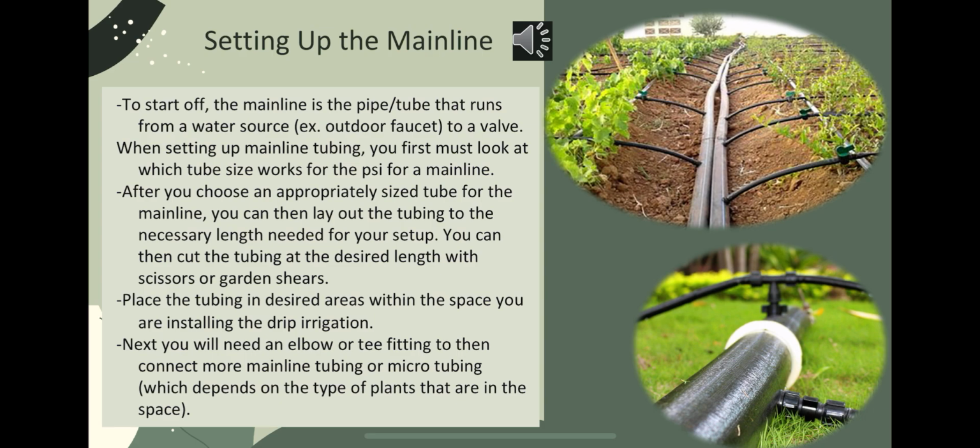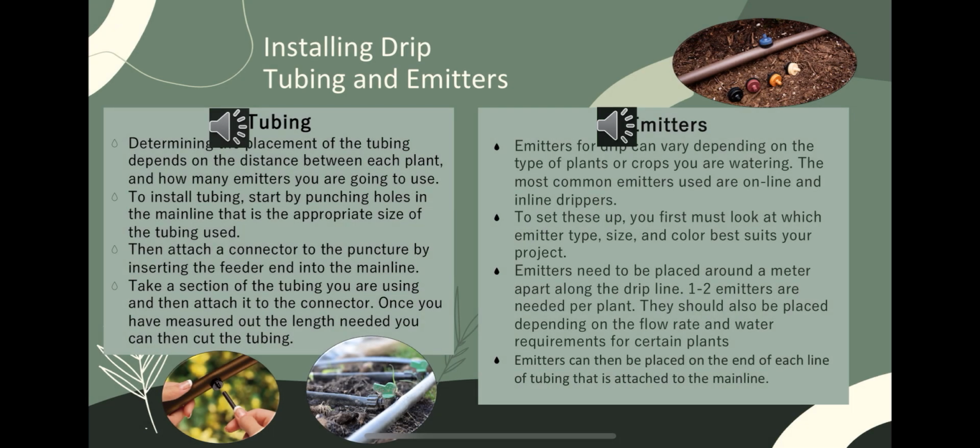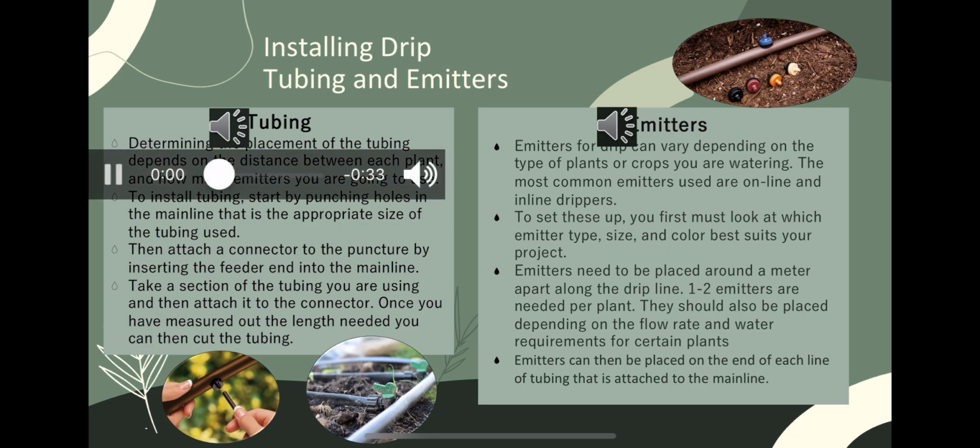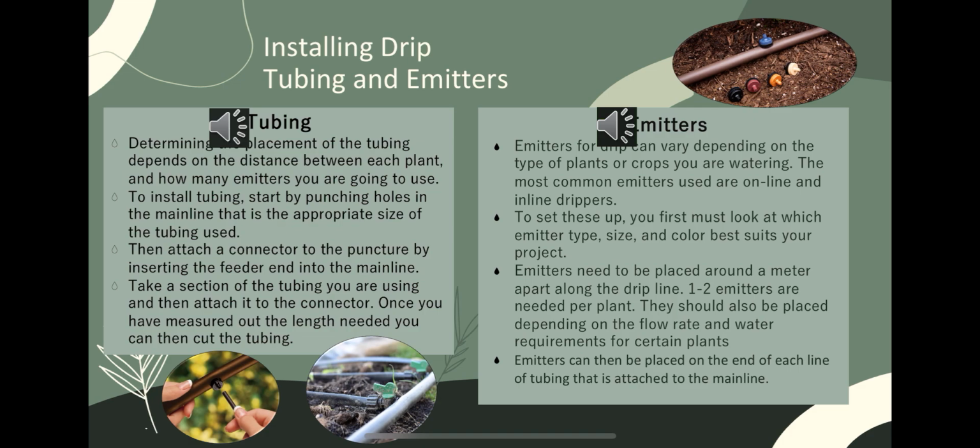To set up the mainline, to install drip tubing, you have to determine the placement of the tubing depending on the distance between each plant and how many emitters you are going to use. To install the tubing, you start by punching holes in the main line that is appropriately sized for the tubing